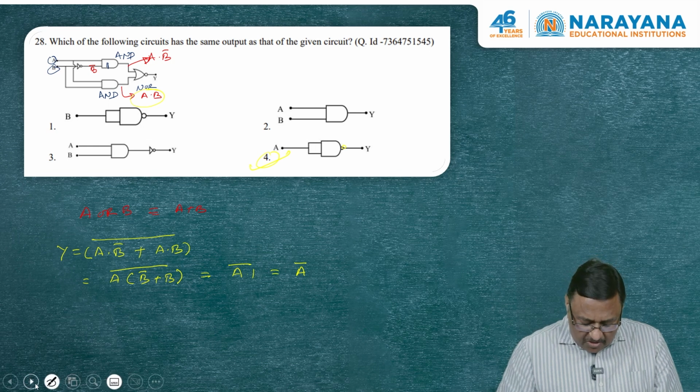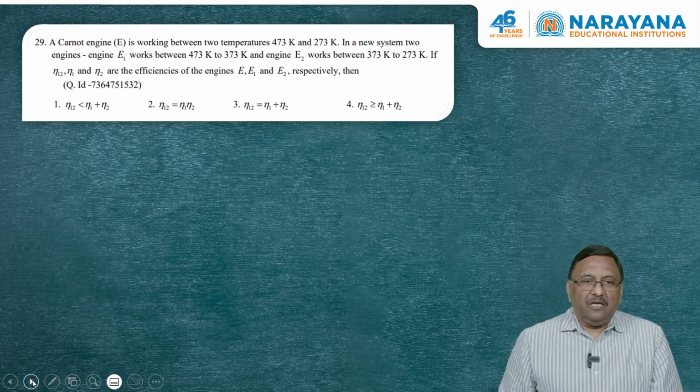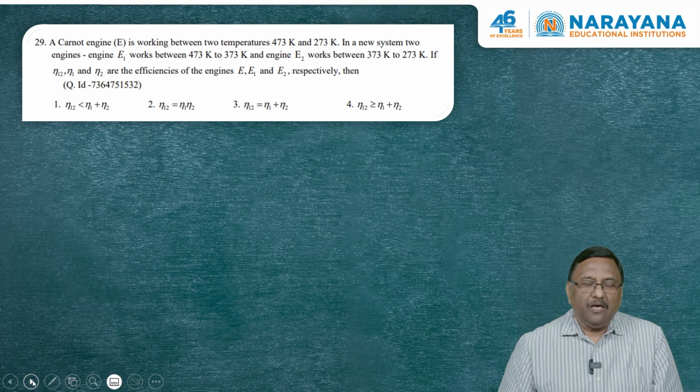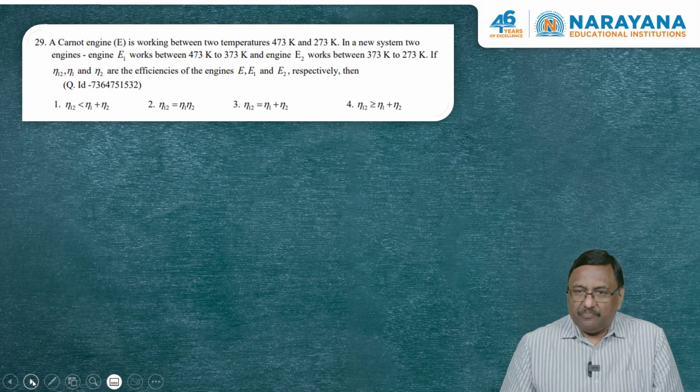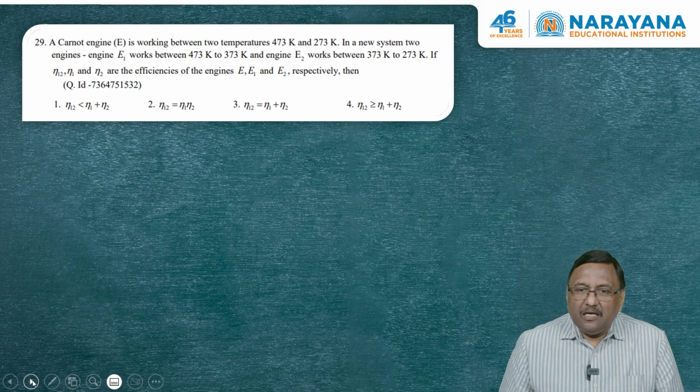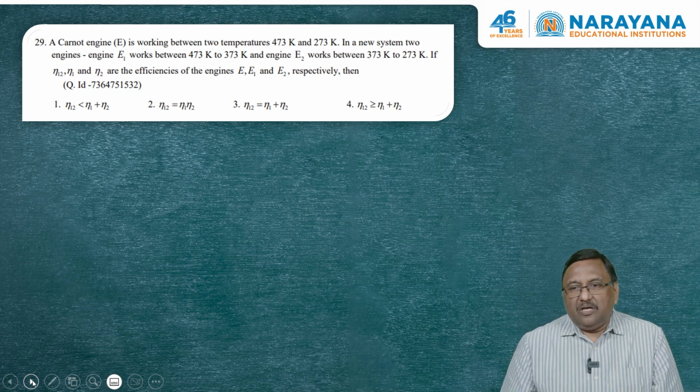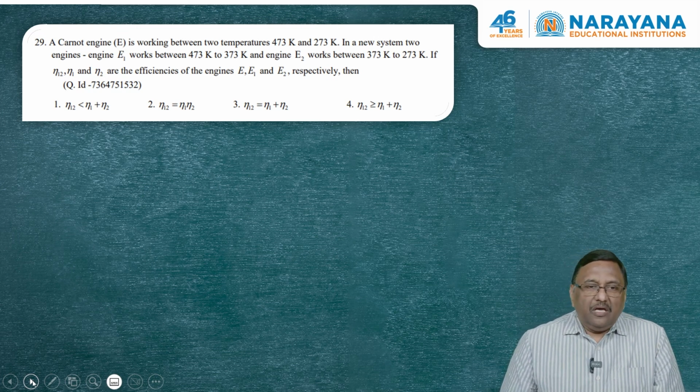Now let us go for the next question. See this question, what they are saying, let us read this question first carefully. Here we are saying a Carnot engine E is working between the two temperatures 473 Kelvin and 273 Kelvin. In a new system of two engines, engine E1 works between 473 Kelvin to 373 Kelvin and engine E2 works between 373 and 273. If eta, eta 1 and eta 2 are the efficiencies of the engine E, E1 and E2 respectively, then we are asking